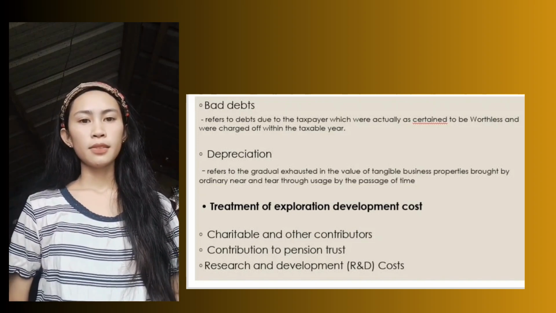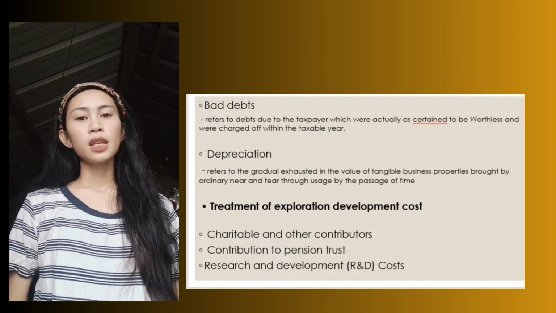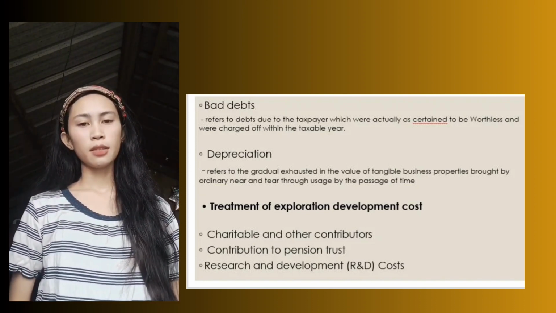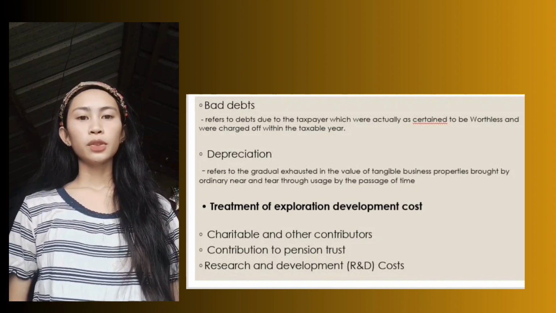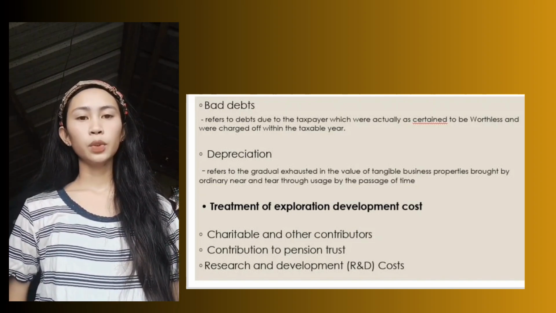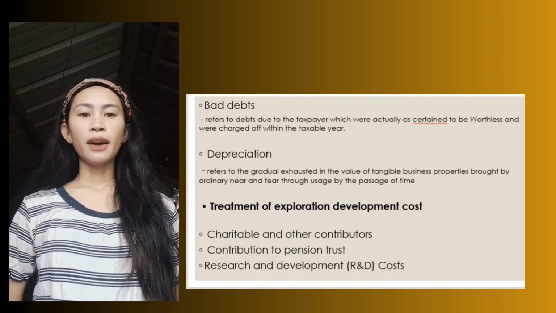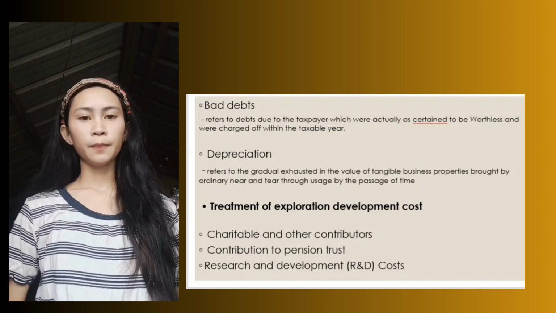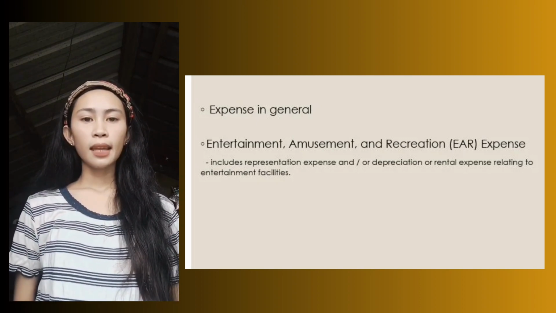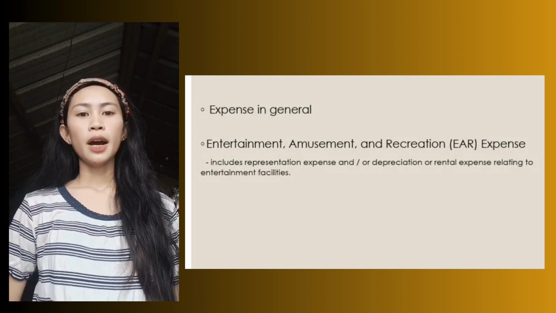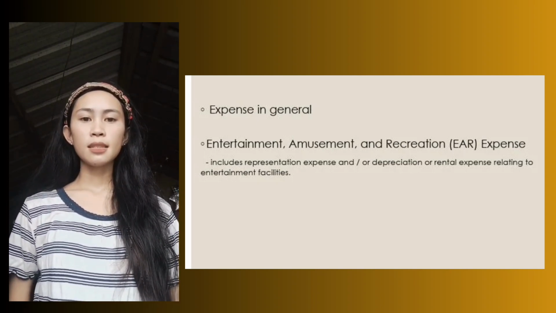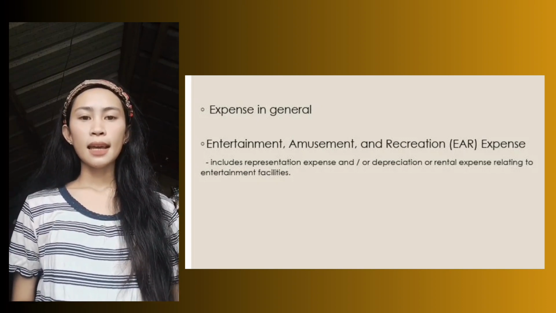Research and development costs related to capital accounts, such as property used in business, are capitalized as part of the cost of the property and deducted through depreciation expense. Research and development costs not related to capital costs are treated as follows, at the option of the taxpayer: outright expense or deferred expense. Expenses in general, examples of other deductible expenses are salaries and allowances, fringe benefits, SSS,